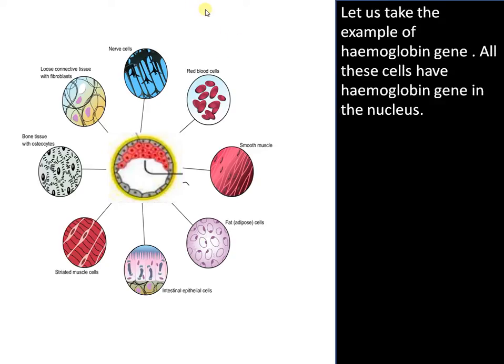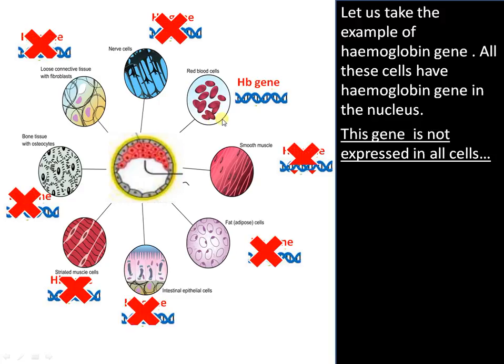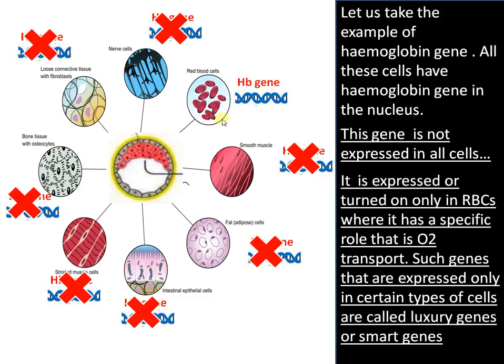Let us take the example of the hemoglobin gene. All these cells, nerve cells, RBC, smooth muscle cells, all these cells have the hemoglobin gene in the nucleus, but the gene is not expressed in all these cells. The gene is expressed only in RBCs where it has a role. Such genes that are turned on only in certain cells where they have a role are called luxury genes